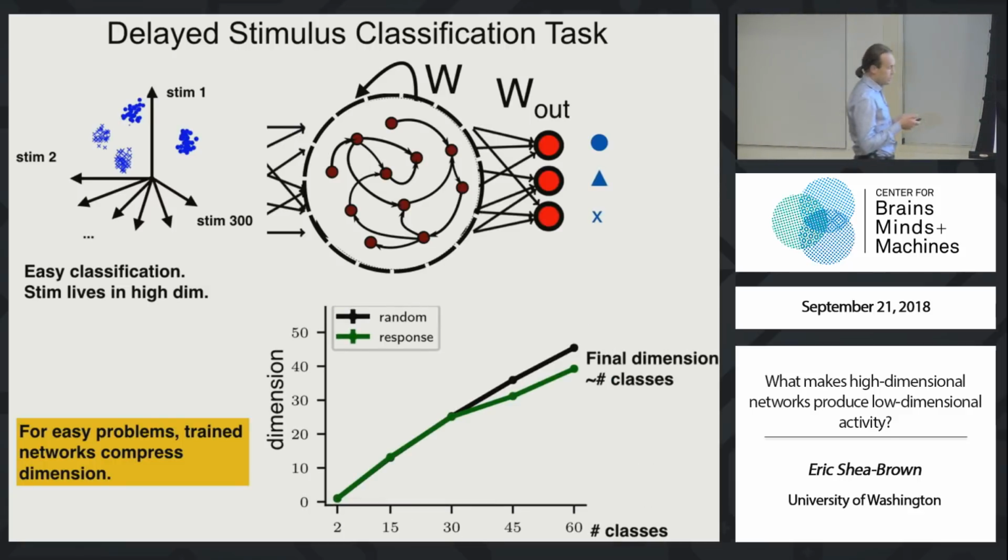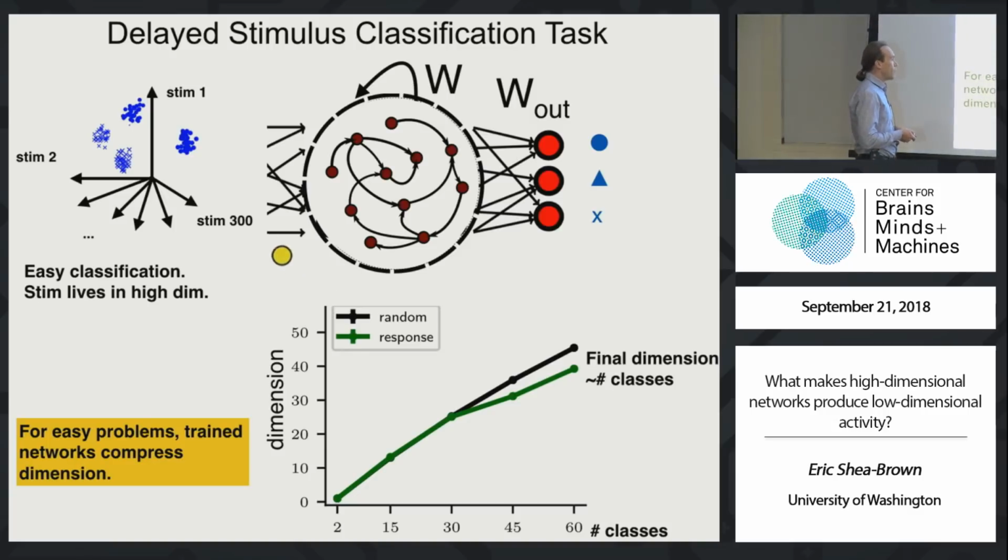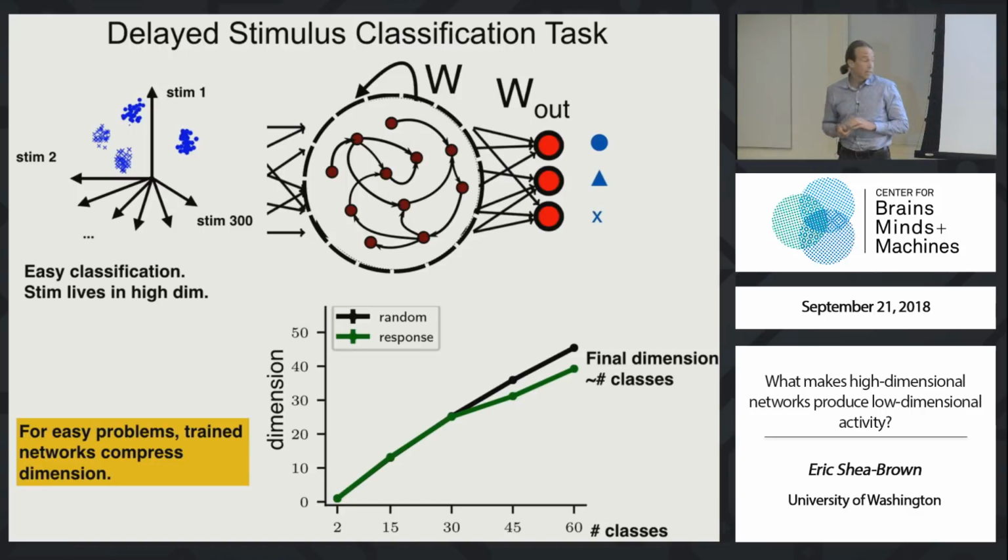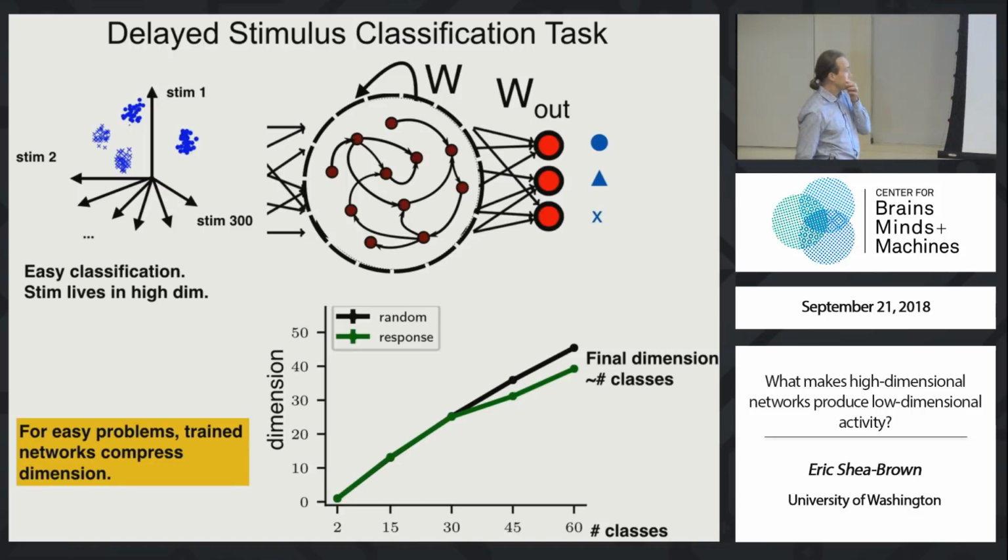And the type of compression that you have really is, according to the example I mentioned, where you would take all the examples of class 1 and collapse them to one point, and all the examples of class 2 and collapse them to another. The dimensionality of the representation in the system is close to what you would get if you took one point for every class and just scattered it around randomly in general position in the state space. That's what you see in the black line. Is this clear what I'm claiming? What the numerics suggest?